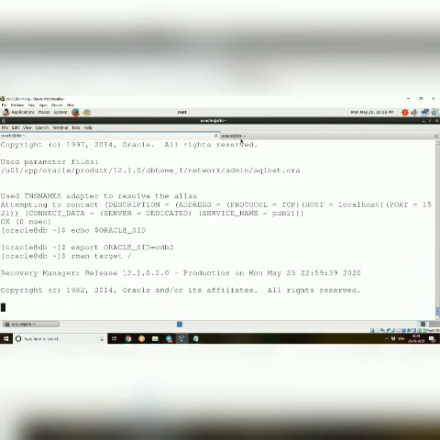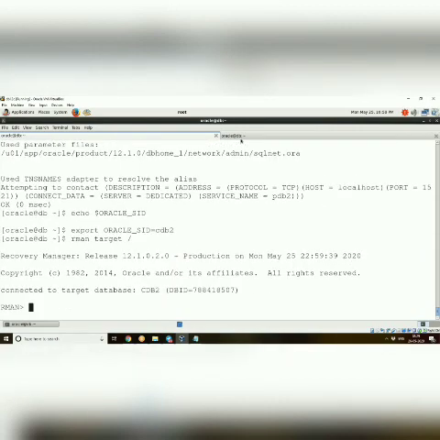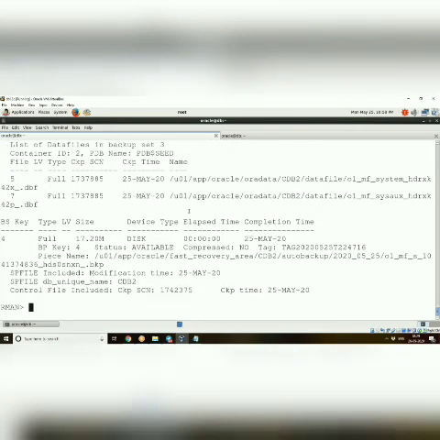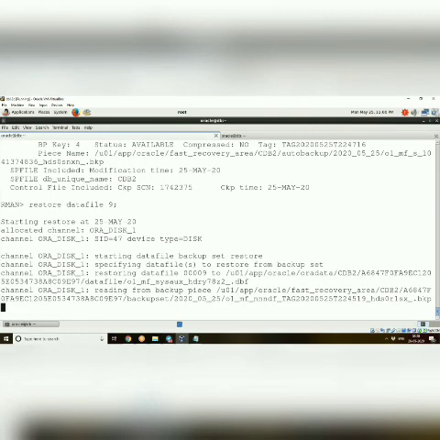So we have already got the backup, list backup. We have the backup already, full backup we have. Okay. So now restore data file 9 will give. Sysaux.